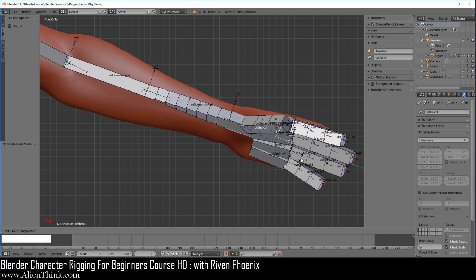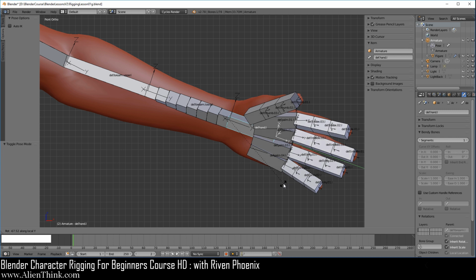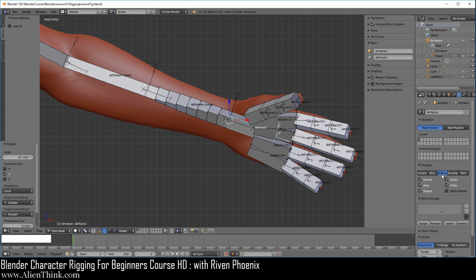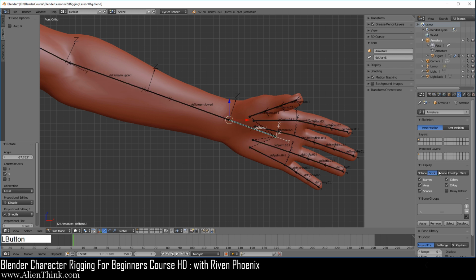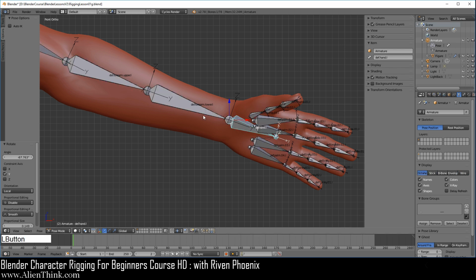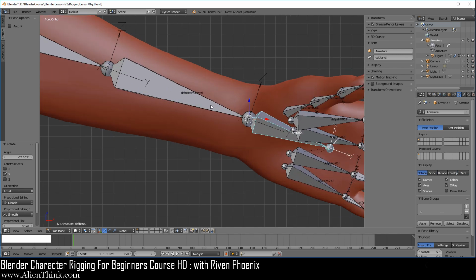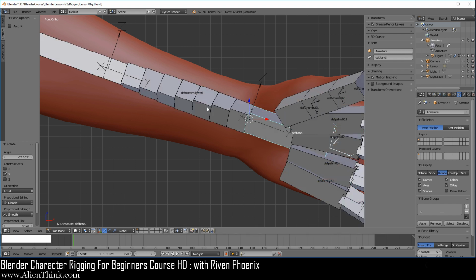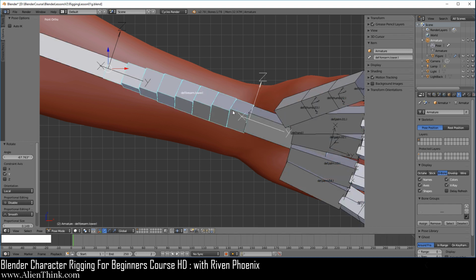Now do you see the power of Bendy Bones? It's actually figuring out this deformation area over here for you automatically. Now the thing is that you don't even have to be on B bones. Blender knows that you set this up with segments. You can switch back to octahedral, stick, or wire. So that's the power of B bones. Okay, now if we click back, you can see that when you click it, that's all it's doing.